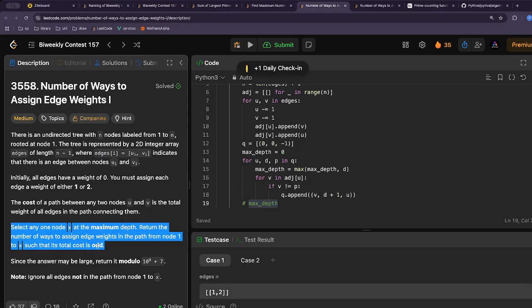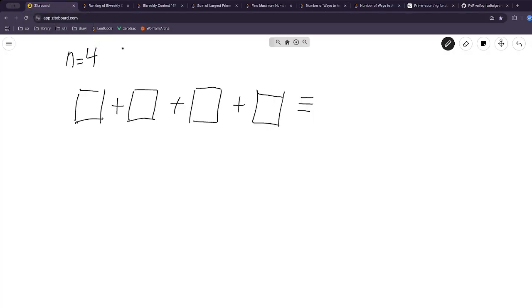Yes, the total cost is odd. We want this to be odd, which means it is congruent to 1 mod 2, right? That's what it means. And we can put a 1 or a 2 here, a 1 or a 2 here, 1 or 2,